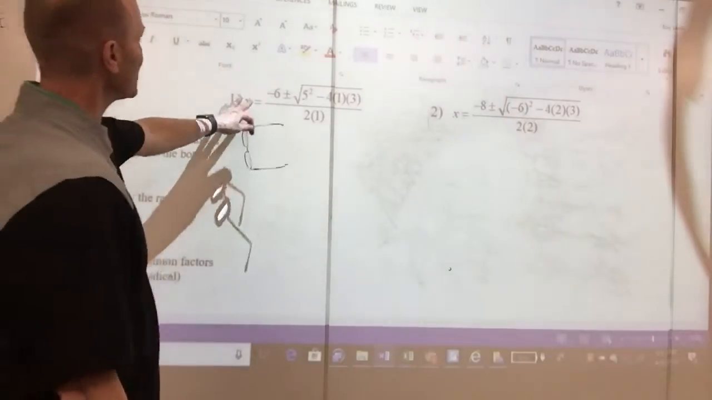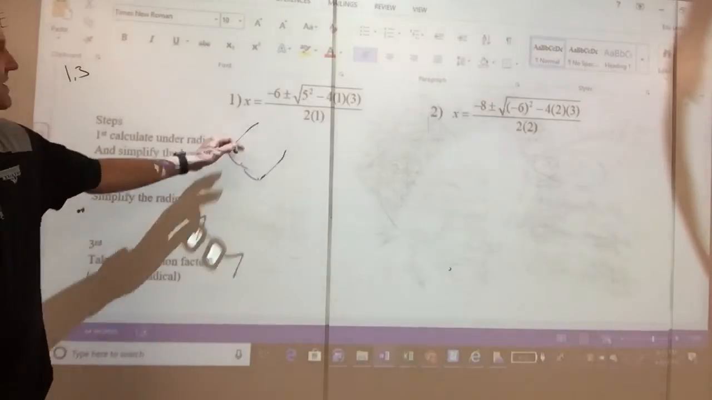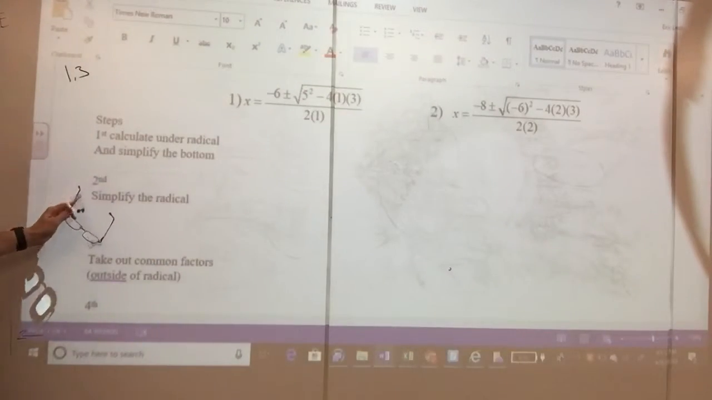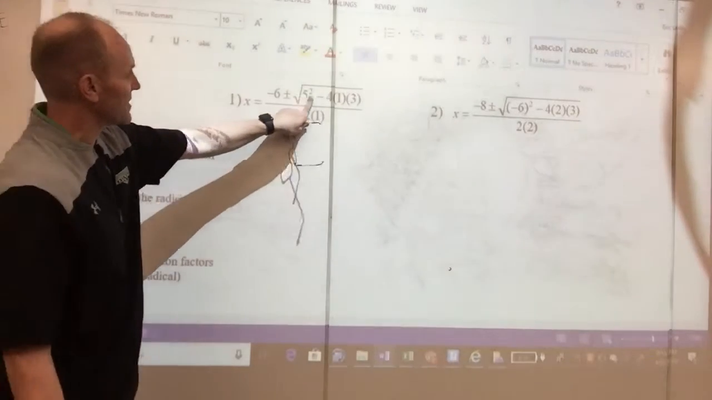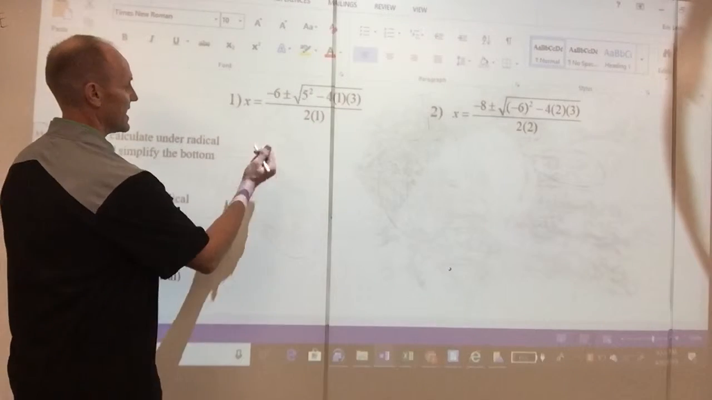All right, next we're going to look at how do I simplify more complex rational expressions. So I've got a lot of calculations I have to do inside. There are some steps to follow in order to do this, and it's really going to relate to video 1.2 once we do the first step. The first step I want to do is calculate everything under the radical and simplify the bottom. So in this case, I end up with